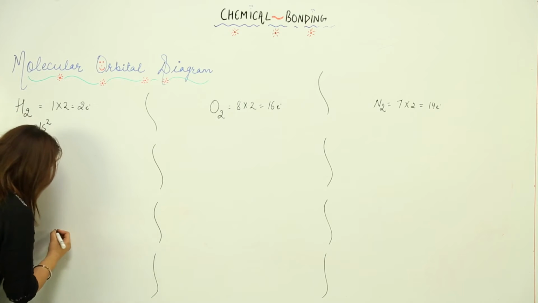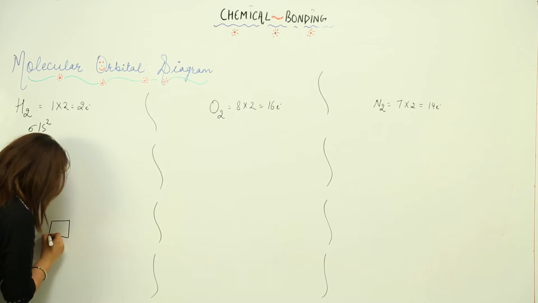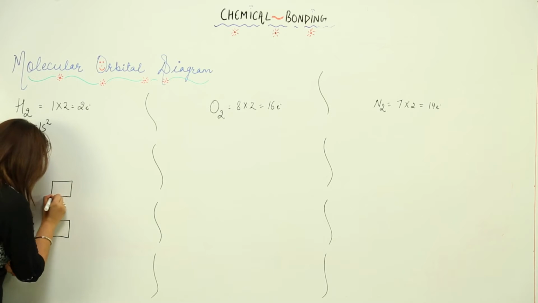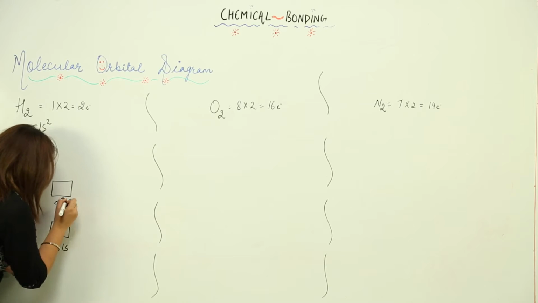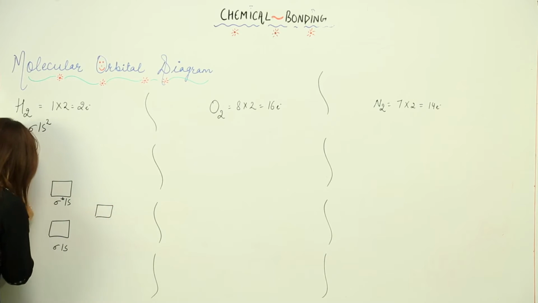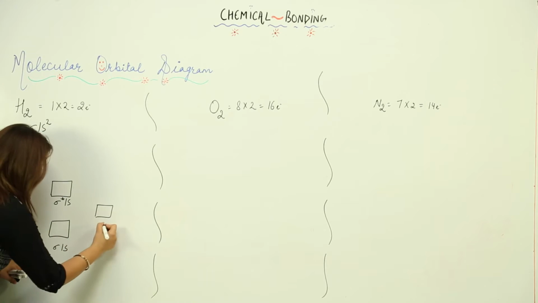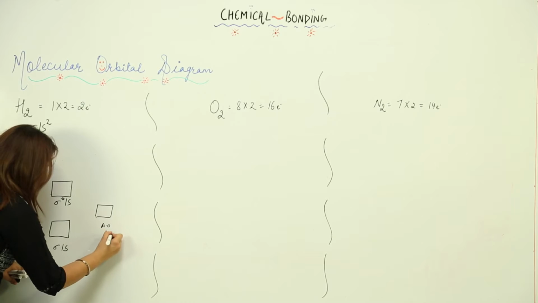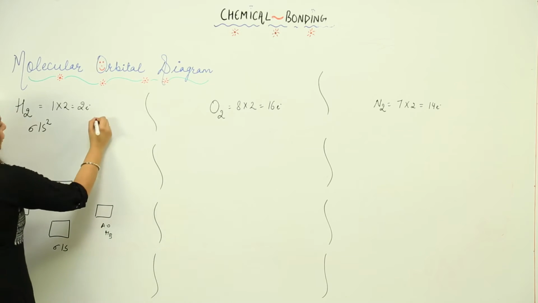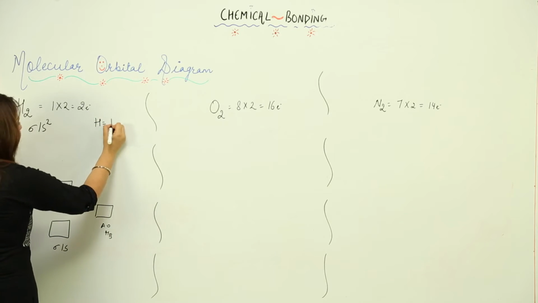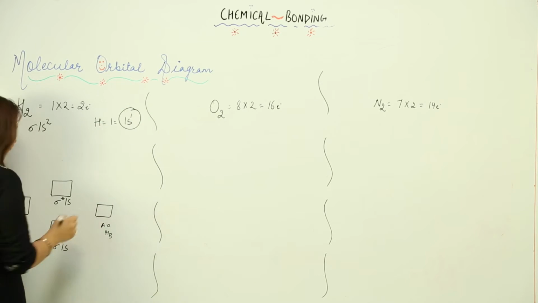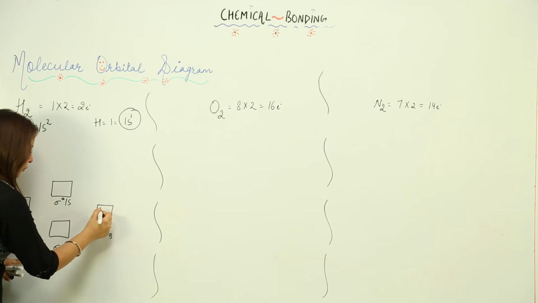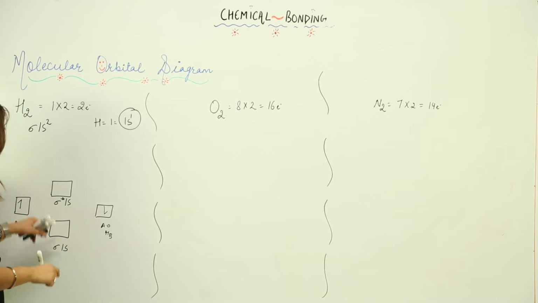So we will be making one box here. This is sigma 1s and this is sigma star 1s. And these sides are indicating my atomic orbitals. That means atomic orbital for hydrogen A, let's say, and atomic orbital for hydrogen B. If you write the configuration for the atom, it will come out to be 1s1, right. So I will be writing the atomic orbital combination here, and now I will be writing in